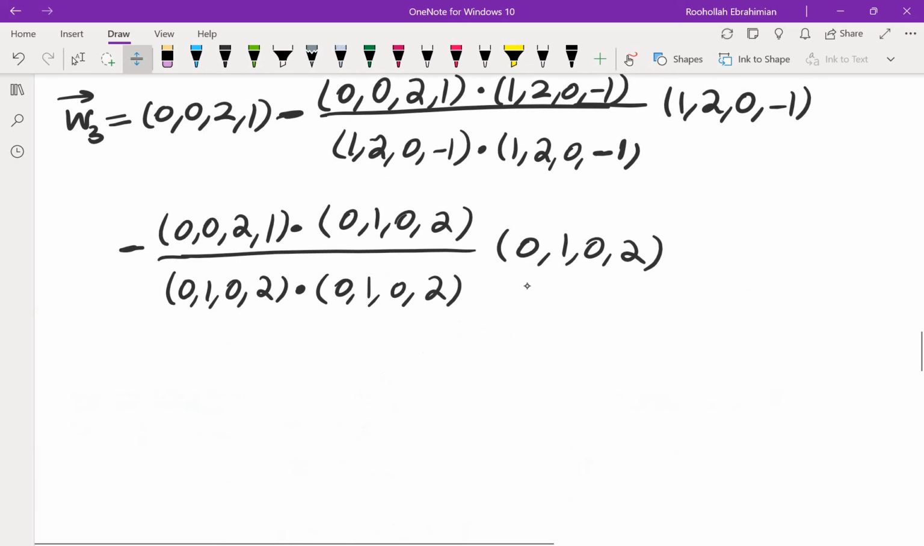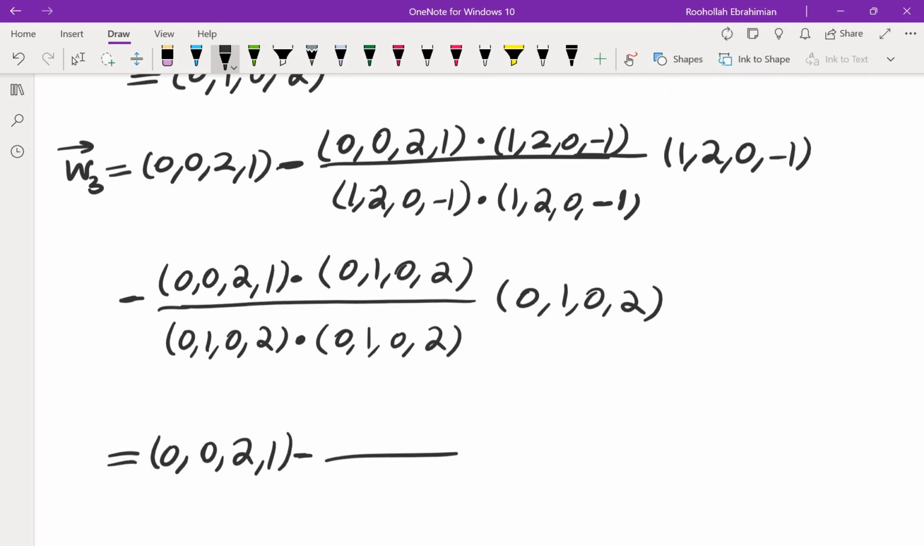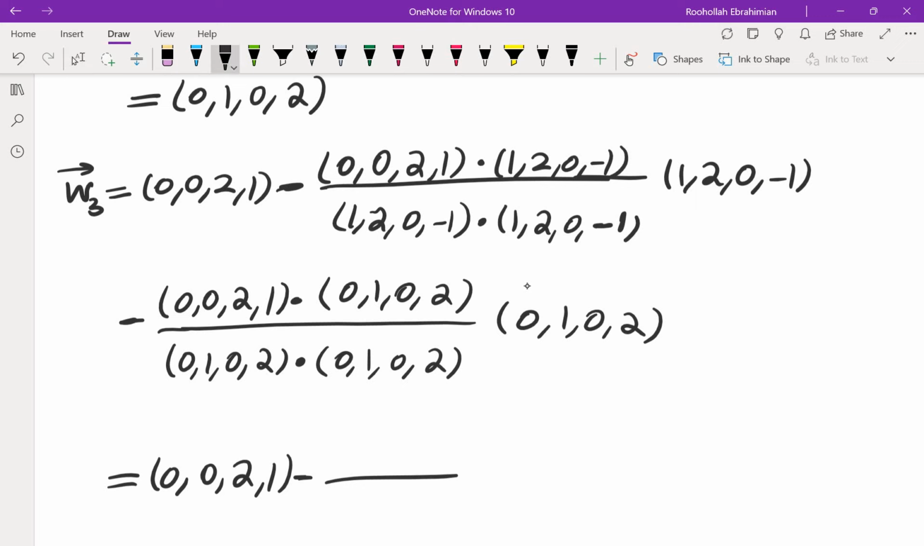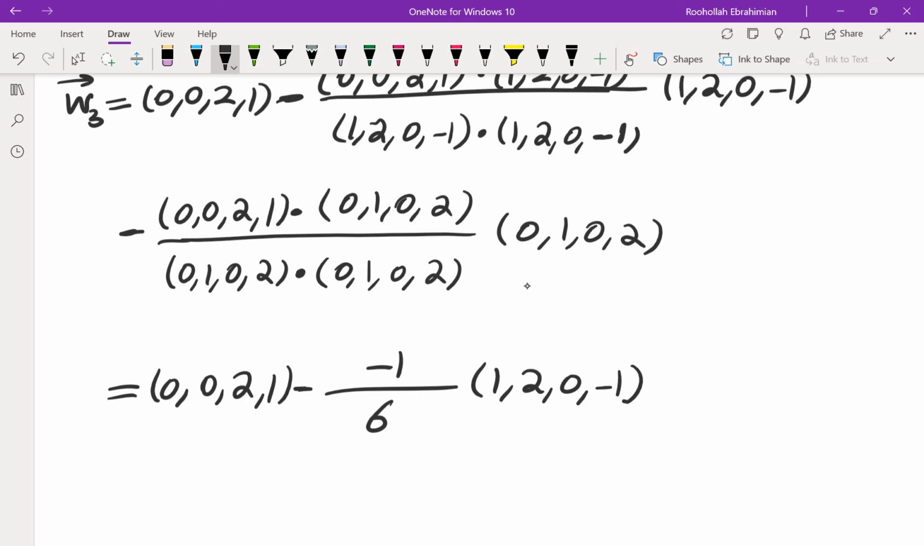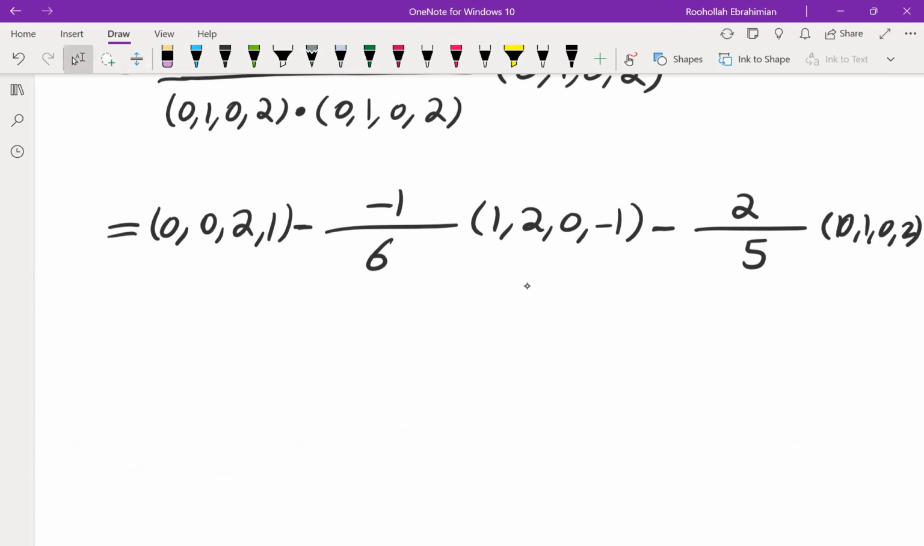And after calculation, we get the final answer. So we get, I'm going to write it down, (0, 2, 1) minus the dot product of these two, the first one is 0, the second one is 0, 2 times 0, that's also 0, so that's minus 1, divided by 1 plus 4 plus 1, that's 6, times (1, 2, 0, negative 1), and then minus (0, 0, 0, 2) over 1 plus 4, which is 5, multiplied by (0, 1, 0, 2), and this would be